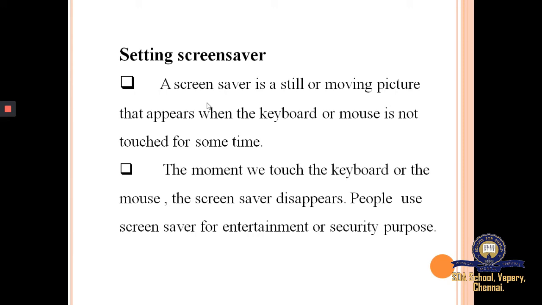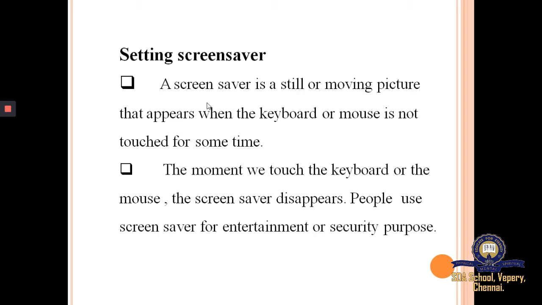If you don't touch the keyboard or mouse for some time, then the screensaver will appear on your monitor screen.